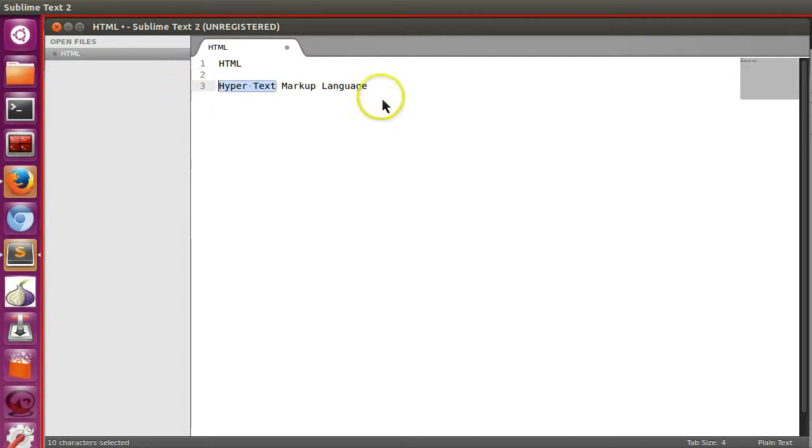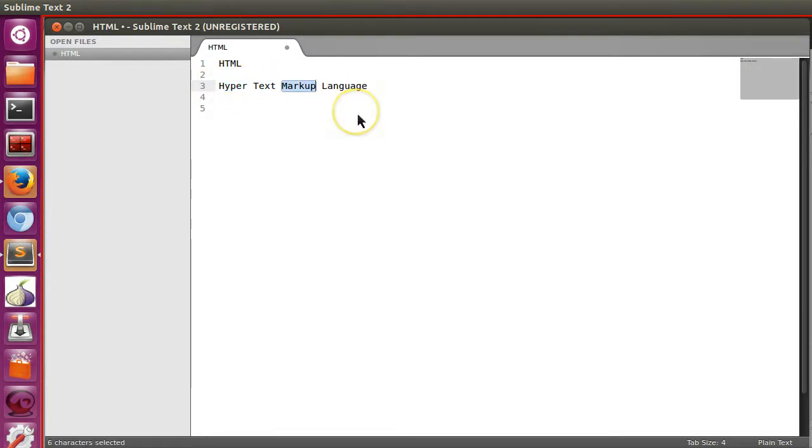Hypertext, actually, in paper or books, whatever text we can see, these are normal text. But texts displayed on an electronic display, let's say on a monitor, mobile, or LCD display, anywhere, are called hypertext. So you understand what hypertext is.